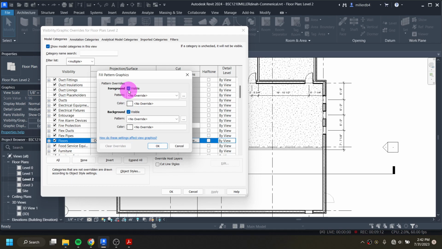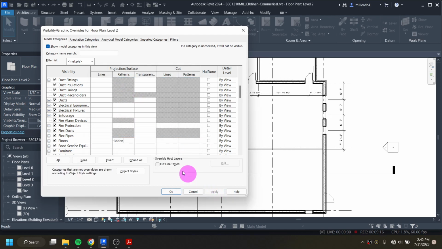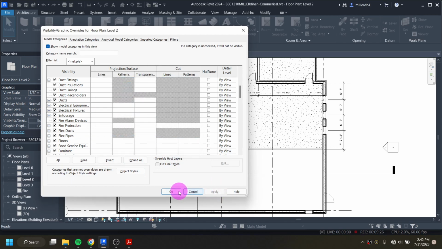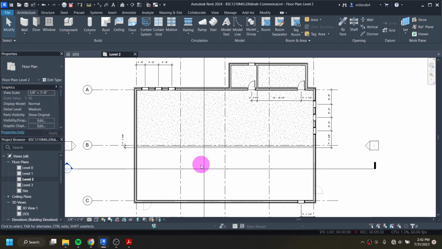So I could just click on that and override it to not be visible. And then when I click OK, it's gone. Because we are going to have those concrete pads sitting outside these doors, I'm actually going to not do that. I am going to keep it visible in all of my views, just to keep everything consistent. And another thing too in this view before I exit out of my second story